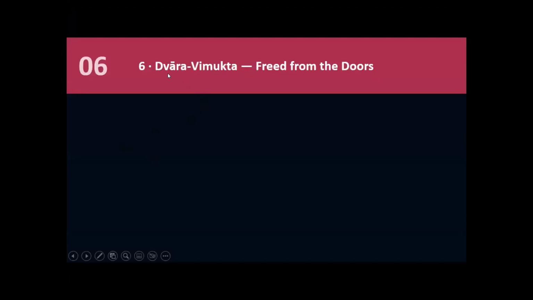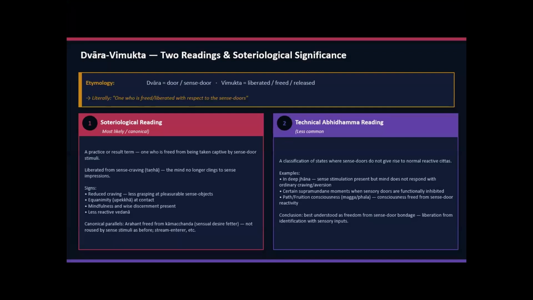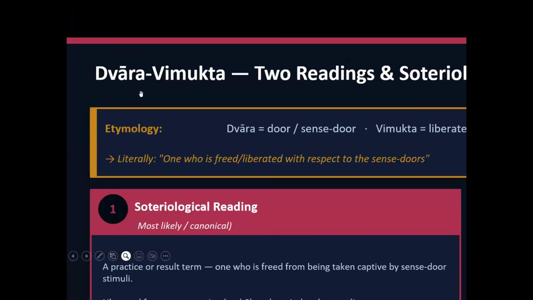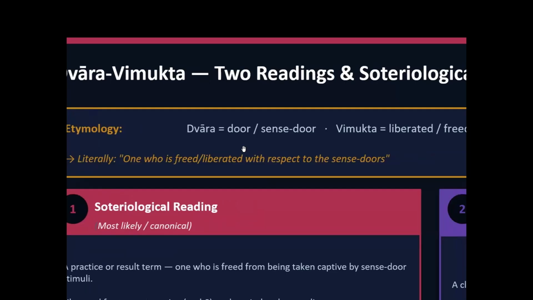And number 6, we talk about Dvāra Vimukha, free from doors. I mean, free from all doors. So we look into it. So the etymology: Dvāra means the door, or what you call the sense door.